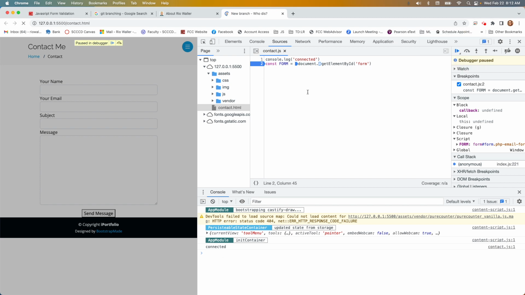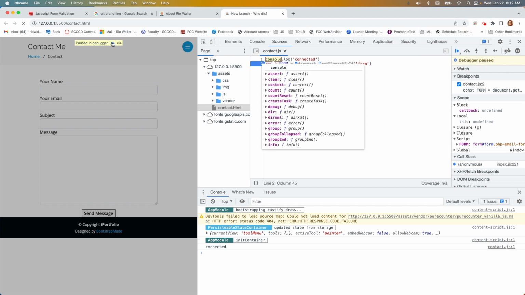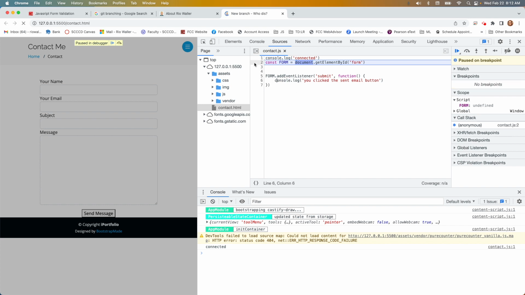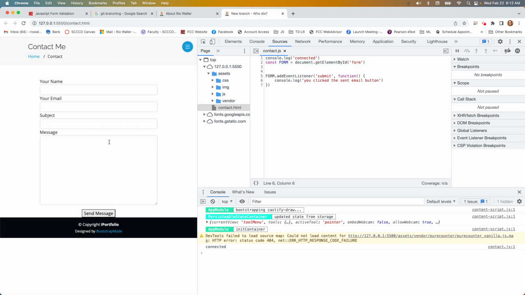Now that I have that code in there, this is learning about the dev tools along the way. Now I can see in here that I have that console log, and I'm going to change my breakpoint. I'm going to click off of that, and this says pause in debugger. I can just let this run. So now if I go down here and click, oh yeah, that's right. So what happens is, and this is part of what I wanted to talk about, and I'm glad it reminded me,